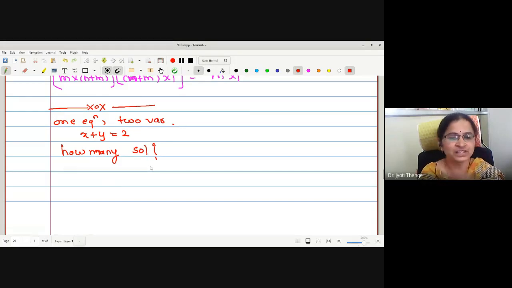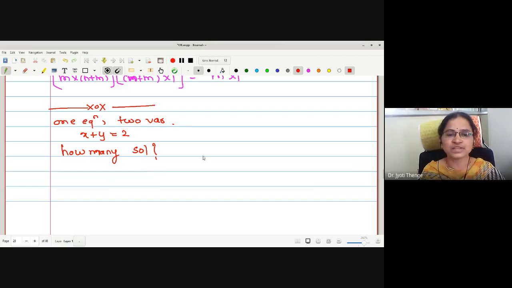How were we solving this? Is it possible to have a unique solution? First question to discuss: whether the equation possesses a trivial solution. Trivial means what? 0, 0. Whether the equation has a trivial solution? No, it does not. Now let us come to unique. Whether the solution is unique? How many pairs can I find where the sum of the coordinates is 2? 1, 1; 2, 0; 0, 2. Many combinations I can do, no? Infinitely many.